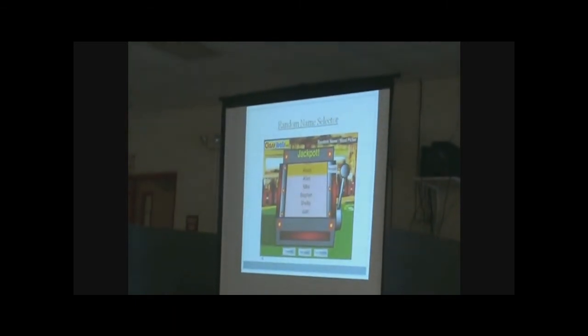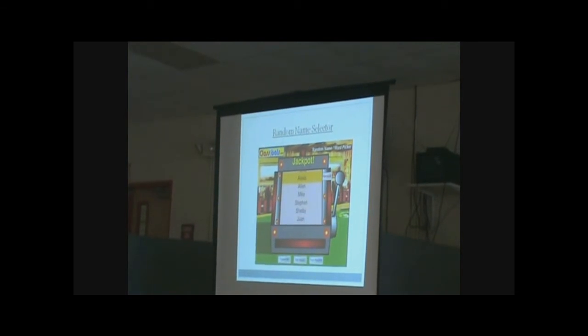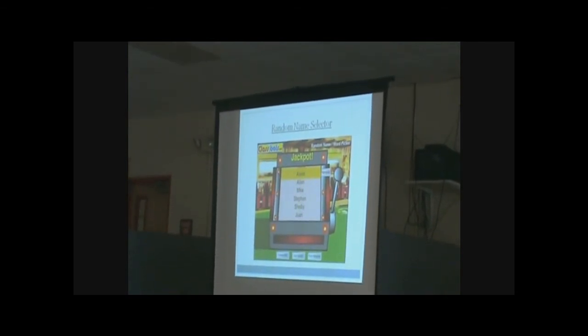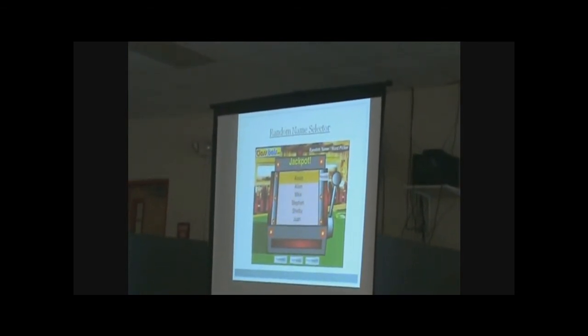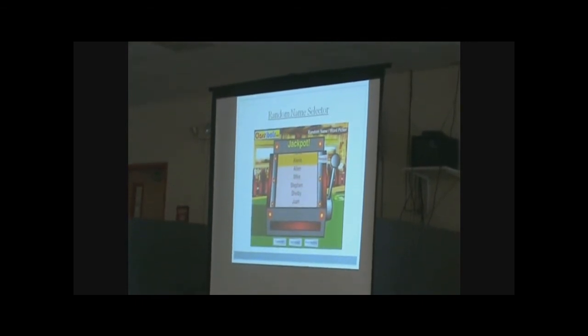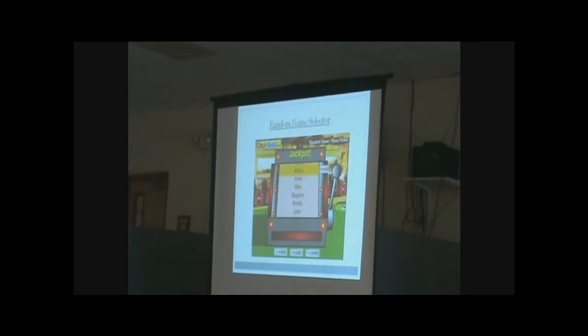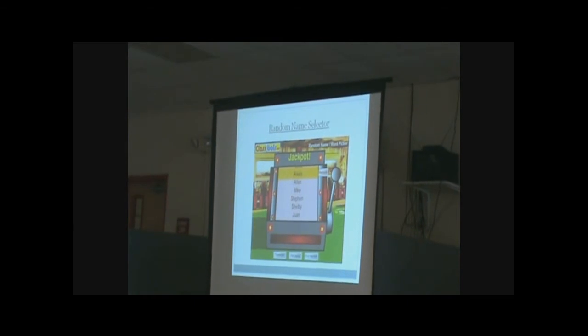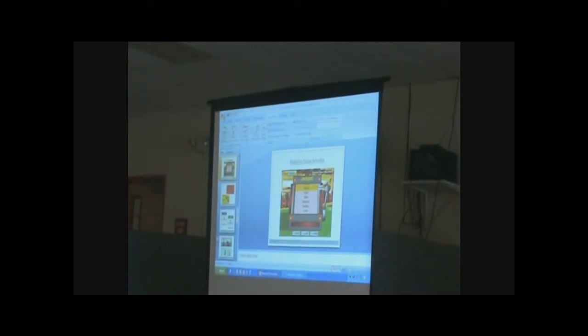All right, now I found this because I wanted to do this. I have a really hard time picking on kids because I end up picking on the same kids, and kids kind of get that. If you're paying attention and not acting up, you're not going to get called on. Well, this right here is a random name selector. If you click on random name selector, it'll take you to this website. And the way this works,